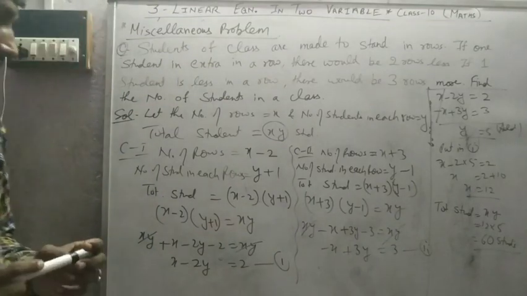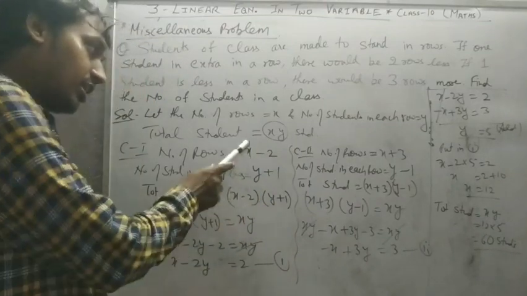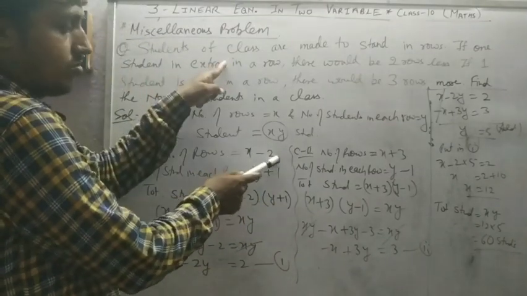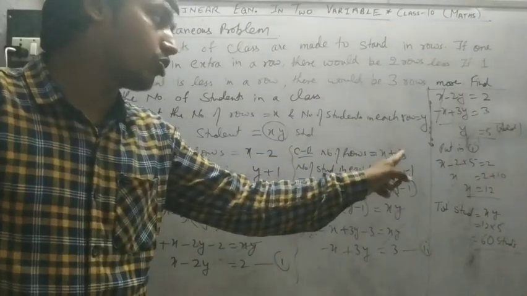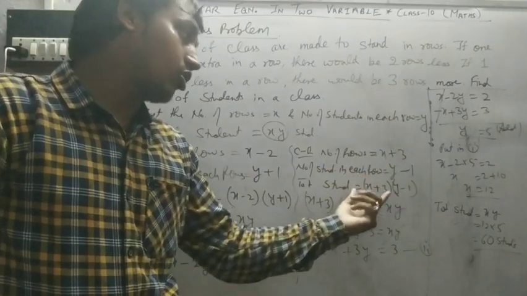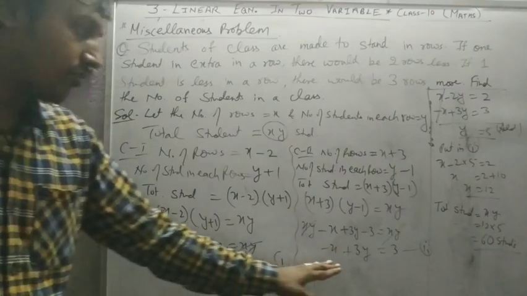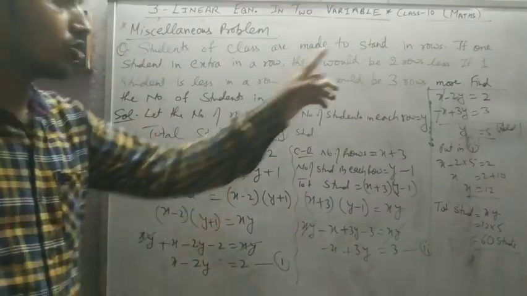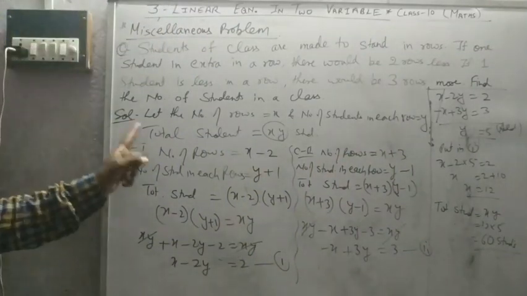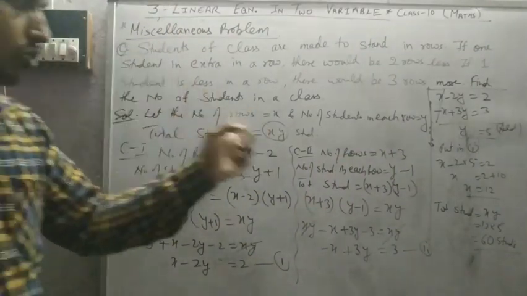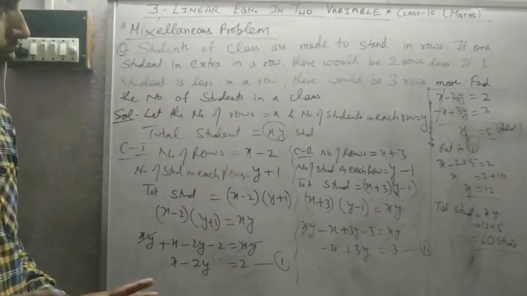Okay, you understand what the concept here means? Initial value according to question, then this is equal to the total value. Same, initial value according to question plus 3 minus 1, and that is equal to total. Equate them, make two equations, first, second, then solve both the equations. You get the value of x and y. The question asks total students, that is xy. So 12 into 5, that is 60 students. Pause the video, note down.